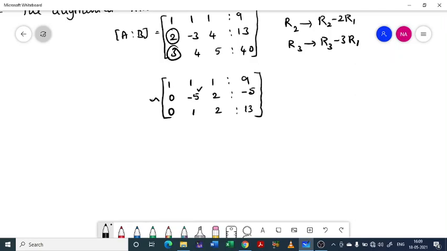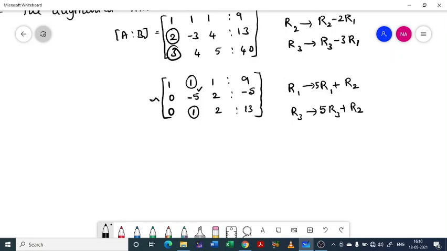Then fixing this, we have to make these two 0, so I have to multiply those rows by 5. So R1 changes to 5R1, opposite sign, right? Then we need addition, 5R1 plus R2, and R3 changes to the same operation, 5R3 plus R2.